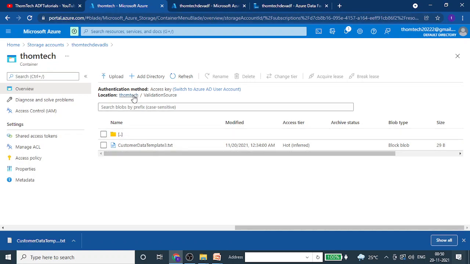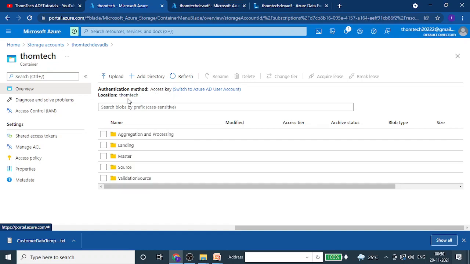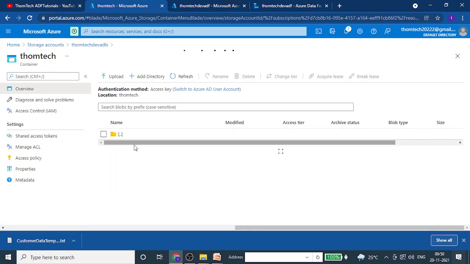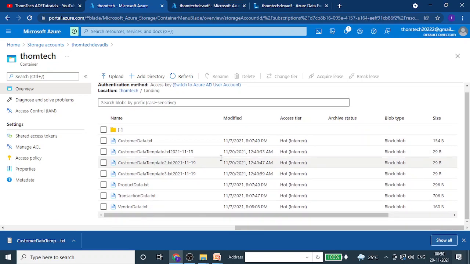In the meantime, let's go back to our destination folder. Landing is our destination folder. You see, we have first file, second file, and third file. All the 3 files we already landed to our landing zone. You see, there was a small issue. That means the file name .txt, right?